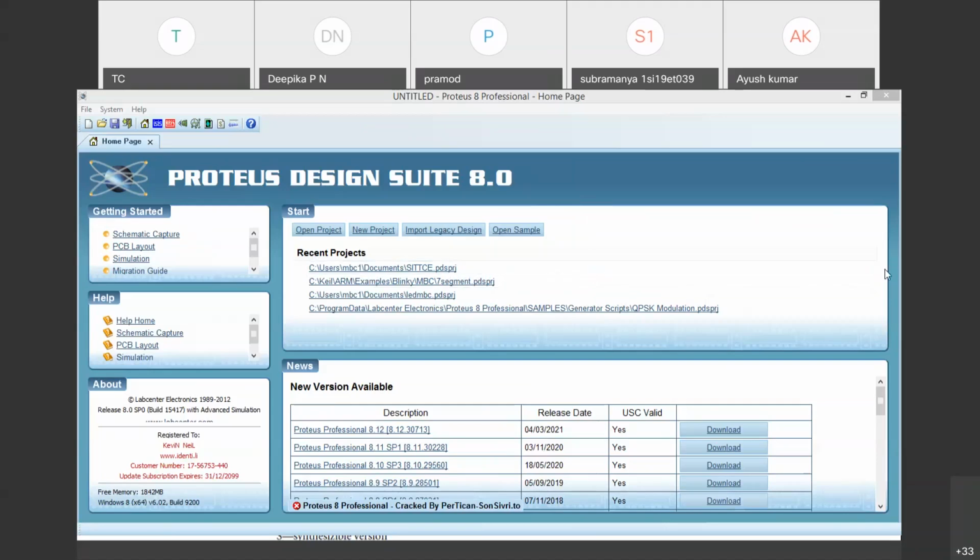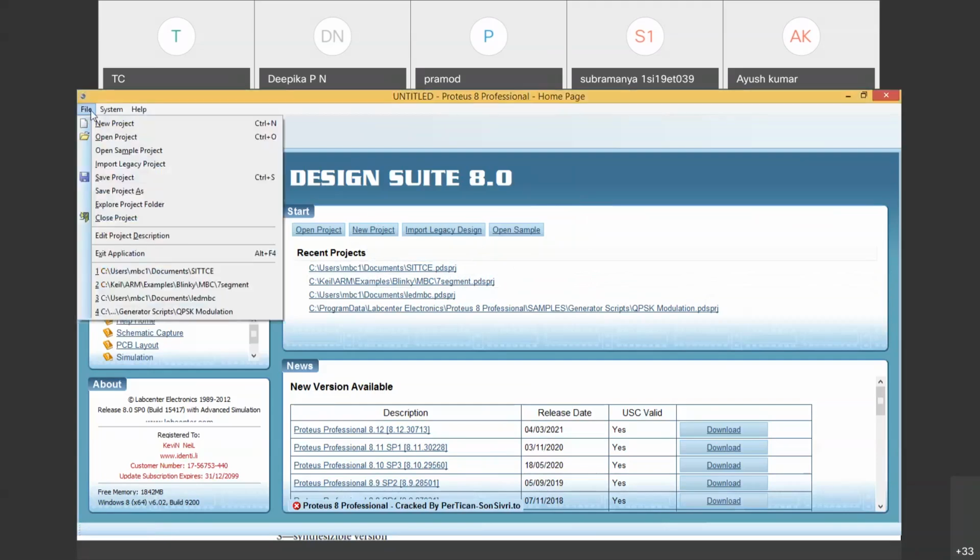What do we need to do now? Once installed, I will double click the icon on the desktop. If you have successfully installed, this page will come. The first thing is to go to File and create a new project.